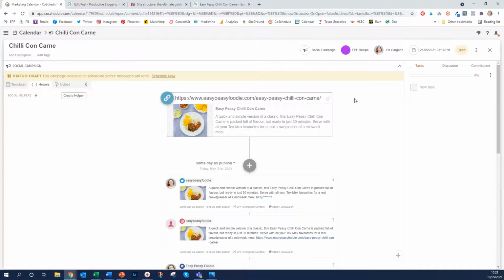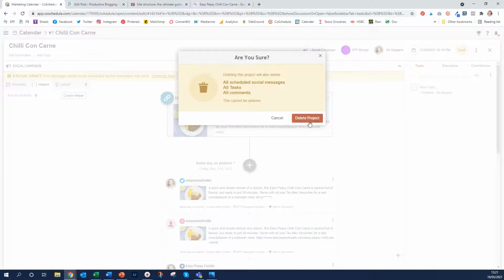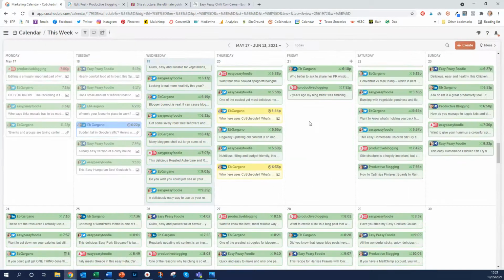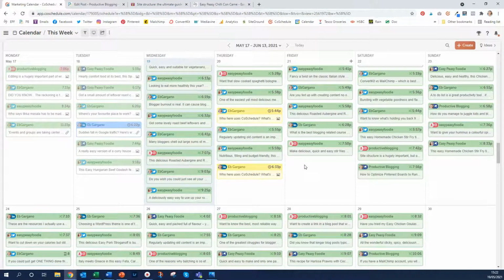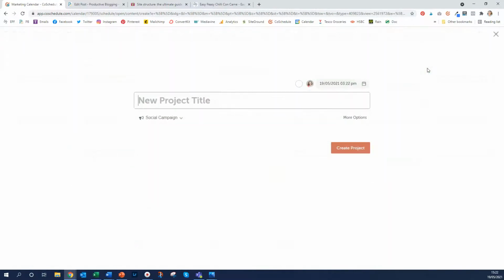So I'm going to get rid of this. I'm actually going to delete this because I don't want this. So I'm going to click on delete, and that should get rid of all of this. Yes, delete my project, don't want it anymore. And then I'm going to show you how to create a bespoke template. So we're going to go into create again, create another project,